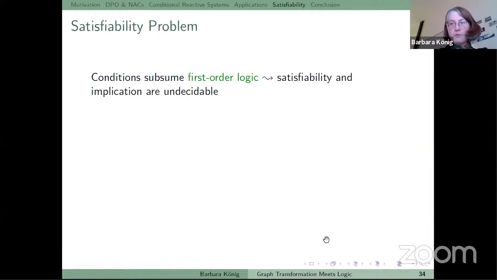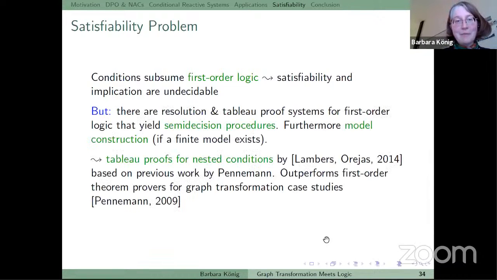Okay, then I'm close to finishing, but I wanted to first say something about satisfiability. I mean, all this looks very nice, but keep in mind that this is first order logic. So satisfiability and implication are both undecidable. This is bad. Although it's semi-decidable, so there are semi-decision procedures: resolution, tableau proofs, model construction, if a finite model